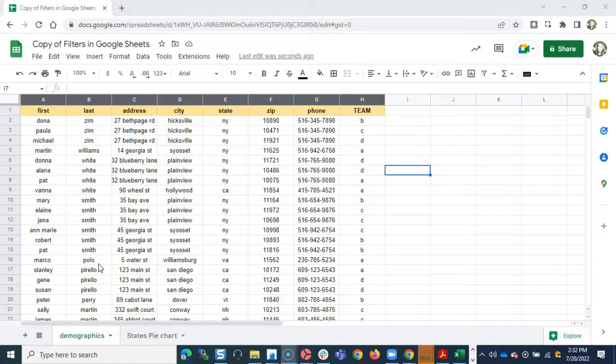In this video, we'll explore filter views in Google Sheets. Filter views allow you to create little live reports within your data. For example, I can create a filter view for each team that will dynamically update when a new record is